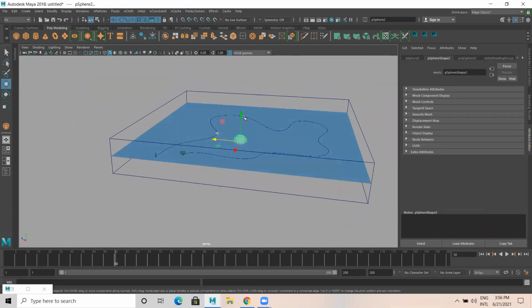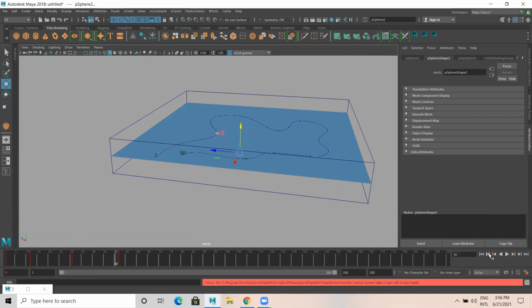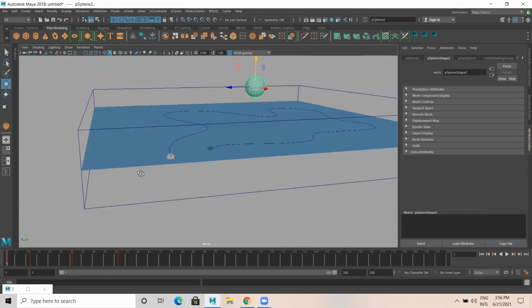I'm just checking why it is not happening. Select this, set key, then set key, set key. So we're not getting ripple effect.